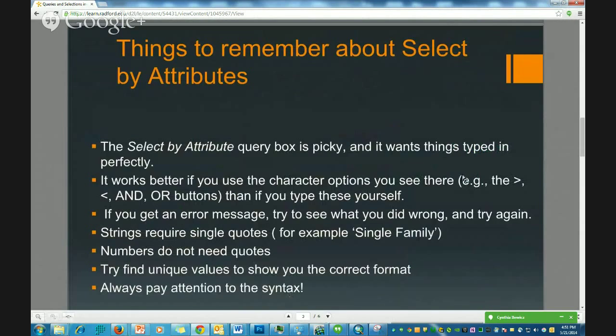Now there are a couple things that I want to remind you of, or that you really need to remember about the select by attribute box or dialog box. It is very picky and it wants things to be typed in perfectly. So I highly recommend that you use the buttons instead of typing them in yourself. You will get errors, but you need to just keep trying, and sooner or later you will identify what it is that you've done wrong, and almost always it's a typo or a failure to capitalize something or use quotes